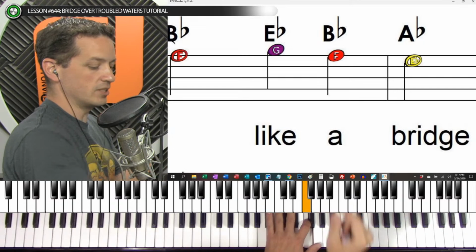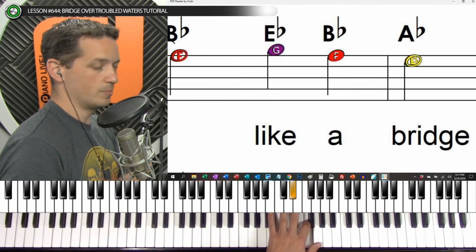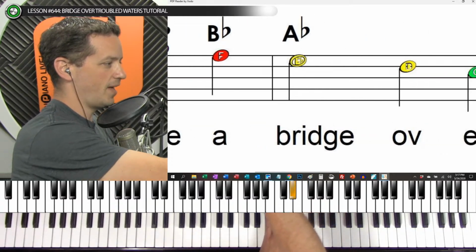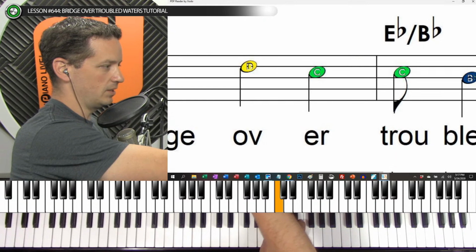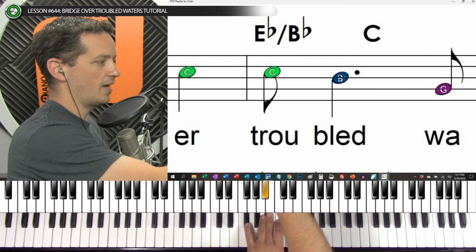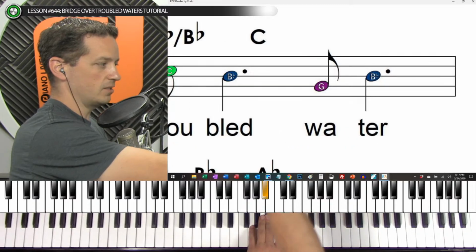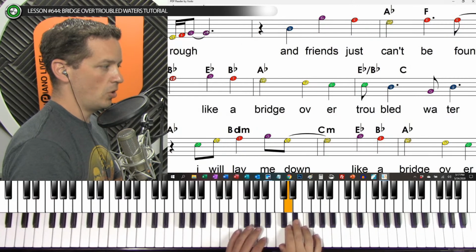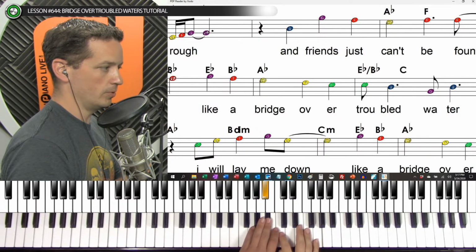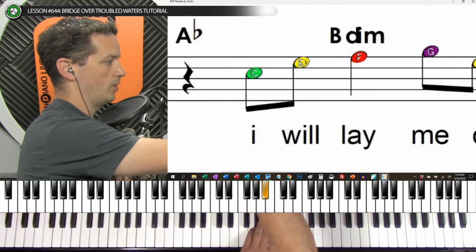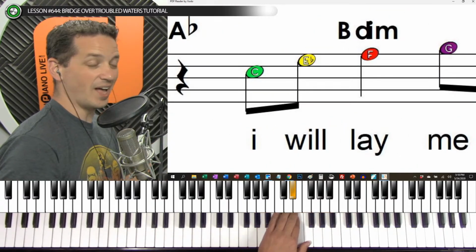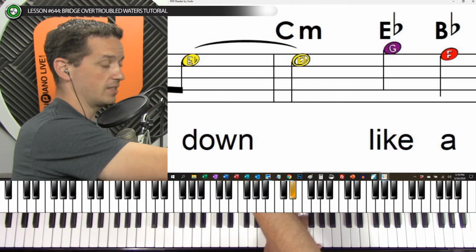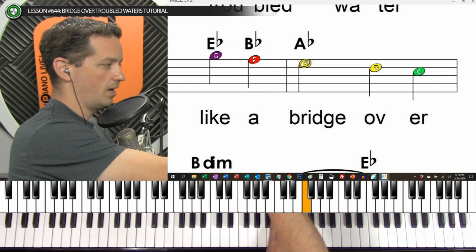And then the melody that everyone knows: G, F, E flat, D, C, C, B flat, G, B flat. So we probably want to practice that part up right there. Like a bridge over troubled water. Then we have C, E flat, F, G, E flat tied over to that other E flat. And then we do the exact same thing again. Like a bridge